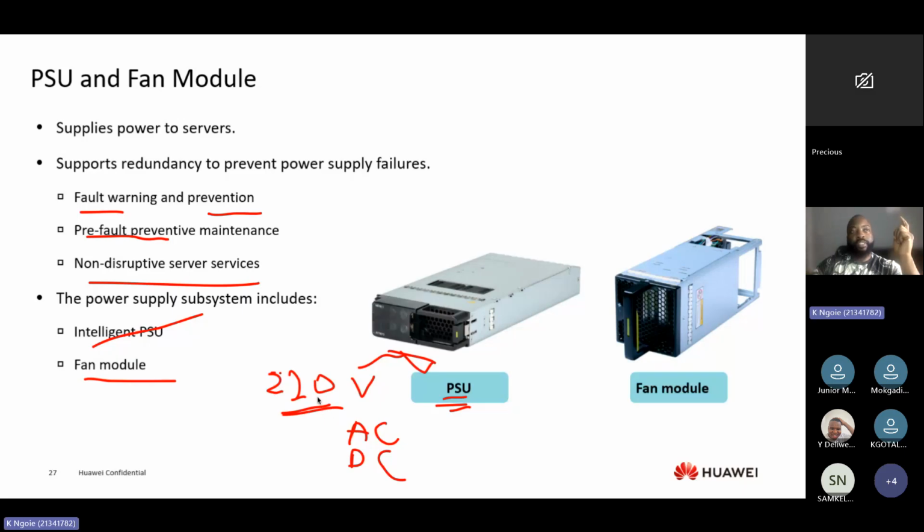Guys, am I making sense? The electricity we have in our home, in our socket, is that 220 volts or 120? 220. Which one is that, guys? 220, right? Yes, I think it's 220, sir. Yeah, 220. So now this PSU is going to take the 220,